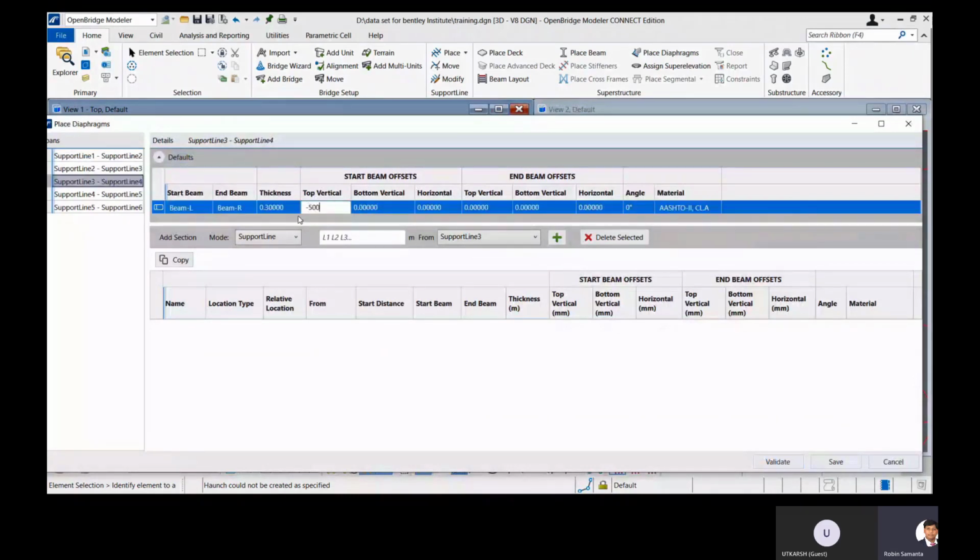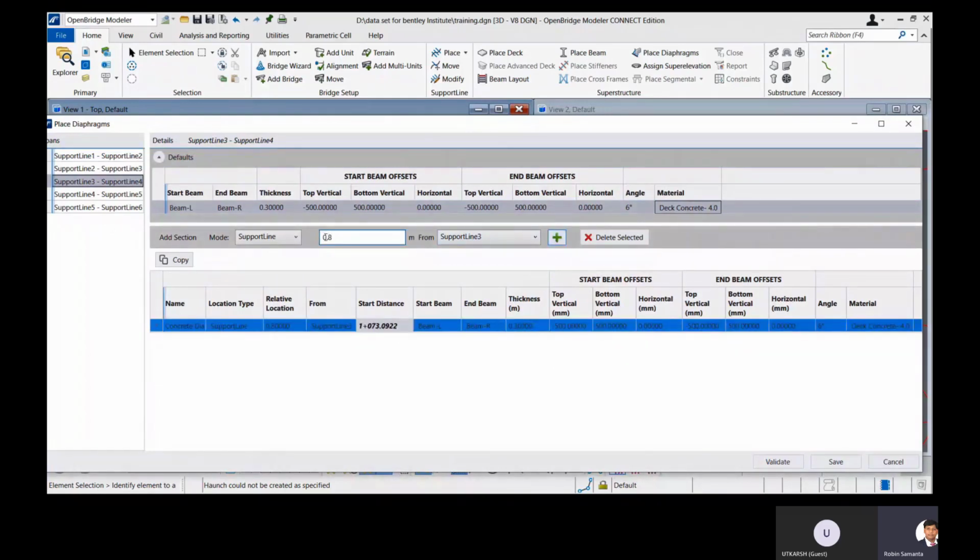In a similar way we'll define all the diaphragms from here, and we are going with the same value, 500 millimeter from top and bottom. And here we'll put a skew angle 60. And every time we are changing it to our similar deck concrete. Generally those are cast in place, so deck and diaphragm have to be the same grade of concrete.